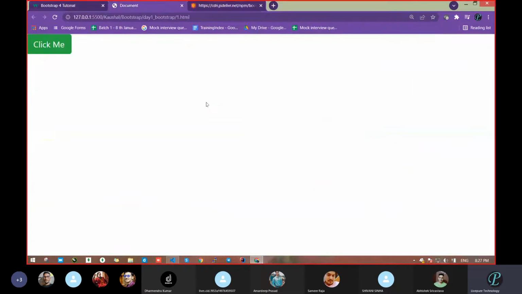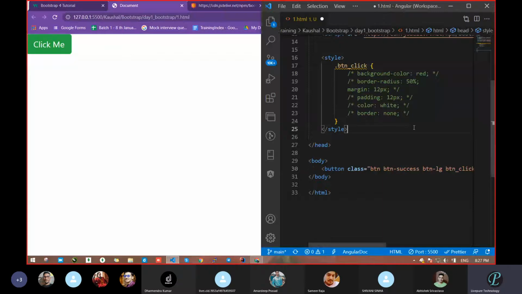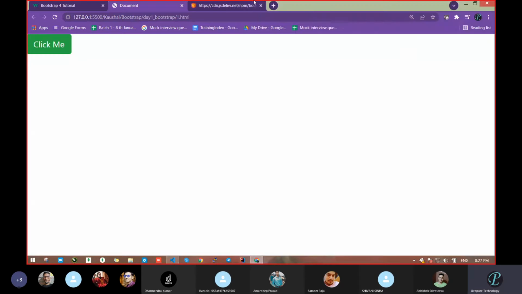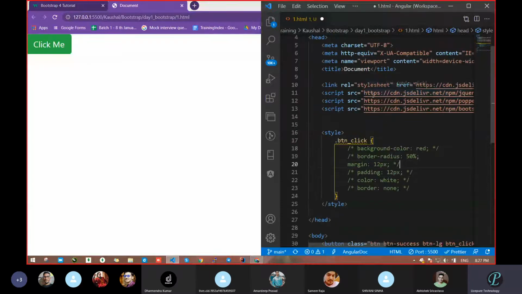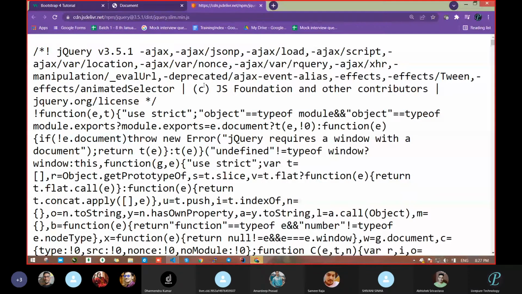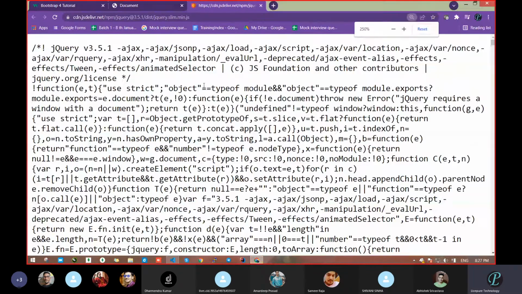Okay. Anyone having any issue? How we can link our Bootstrap, then our style, and how it reduces time, from where the code is coming? Anyone having any issue? Tell me. Not even Bootstrap, this is CSS. Whatever link you had passed here, JavaScript also, just click and see what you got. You got that JavaScript code is written here.